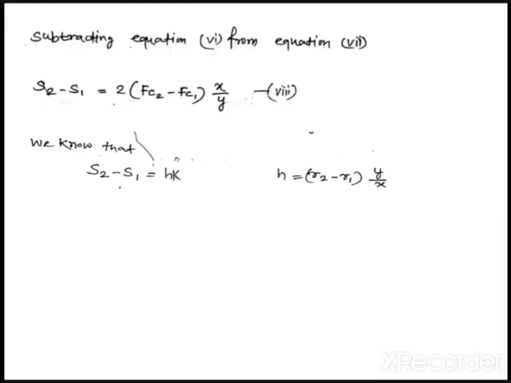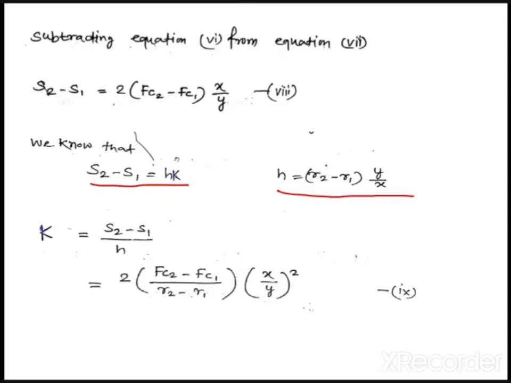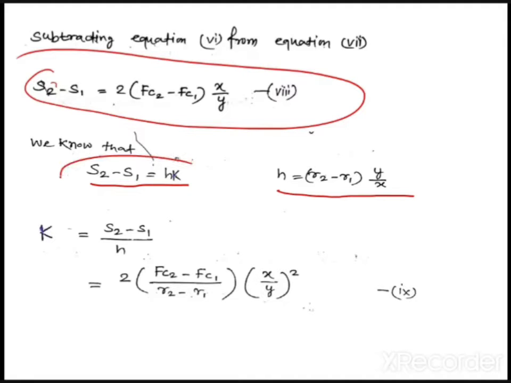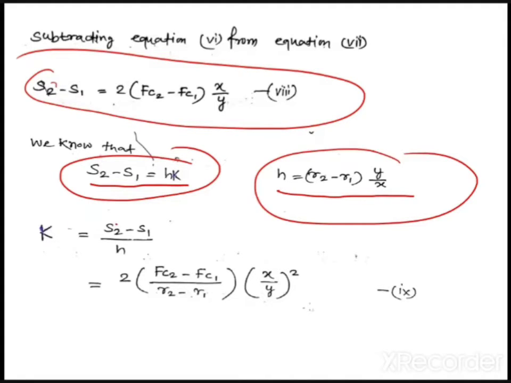Now basically we have already derived that S2 minus S1 is H into K. This is the equation we have already derived, and H is equal to (R2 minus R1) upon (Y upon X). This we have also derived. So from these equations, K is equal to (S2 minus S1) upon H, right? But what is S2 minus S1? It is 2 into (FC2 minus FC1) upon (R2 minus R1), into